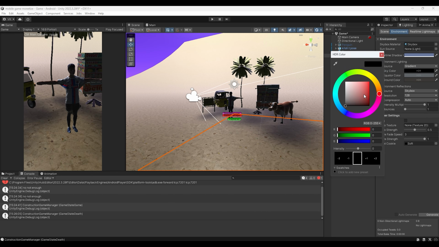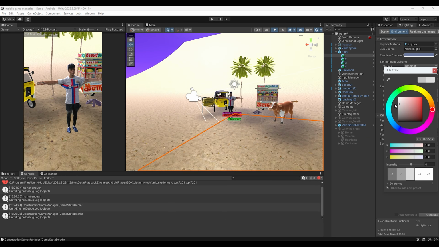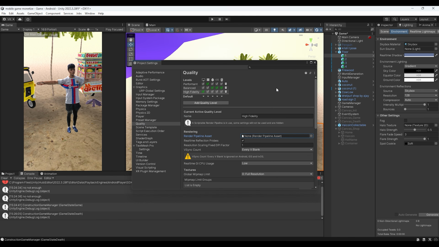I then did some lighting adjustments using basic colors and also changed the pipeline to universal. No, I'm not sure which pipeline I used, I forgot. Anyway,